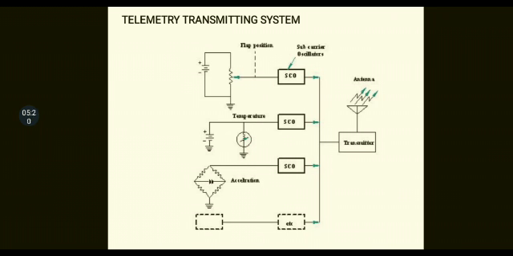There is a battery connection, then a circuit, then a subcarrier oscillator for each and every parameter which needs to be collected from the input signal, passed through this subcarrier oscillator, through a transmitter, then to the antenna and to the atmosphere. So this is the pictorial representation of the telemetric transmitting device.